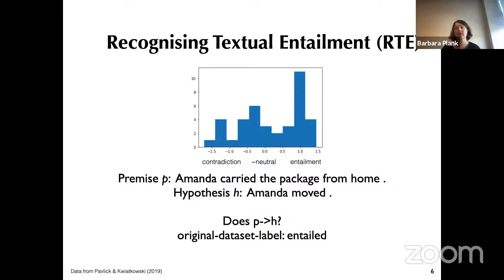There are also some that say whether carrying the package home entails moving is not so clear, or it might even be contradictory. So there's a lot of disagreement in this example.